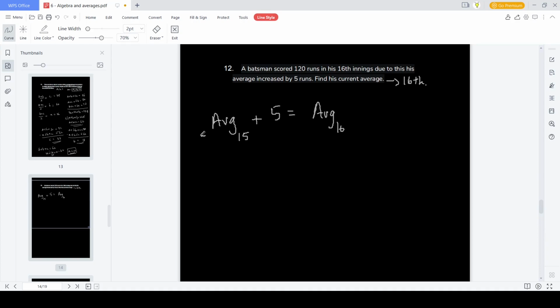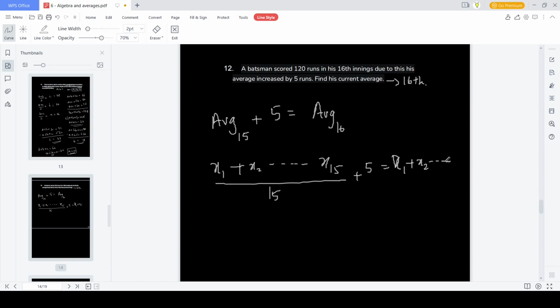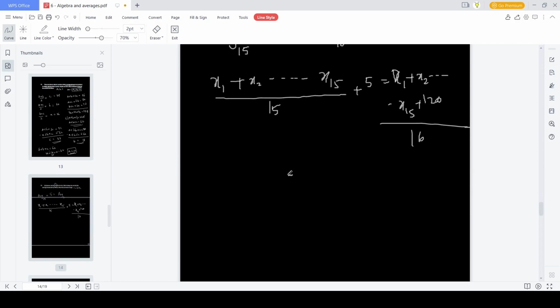Now the average in the 15th innings is nothing but x1, runs scored in the first inning, plus runs scored in the second inning, so on up to runs scored in the 15th inning, divided by 15 is nothing but the average, correct? Plus 5 is equal to the average in the 16th inning, which is runs scored in the first inning plus runs scored in the second, so on up to the 15th inning, plus in the 16th inning how much he scored, 120, plus 120 whole divided by 16 this time. Okay. Now what we get,